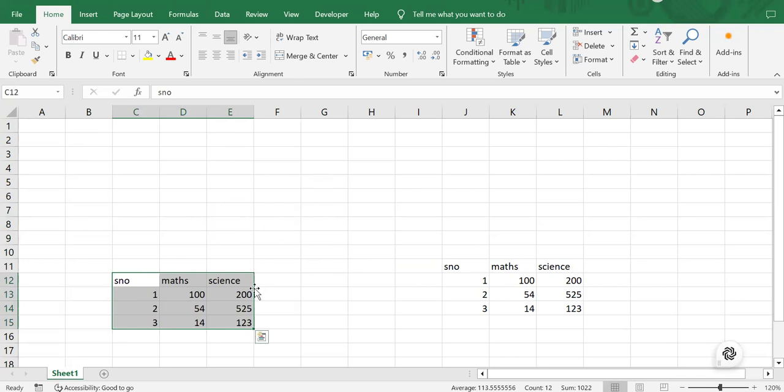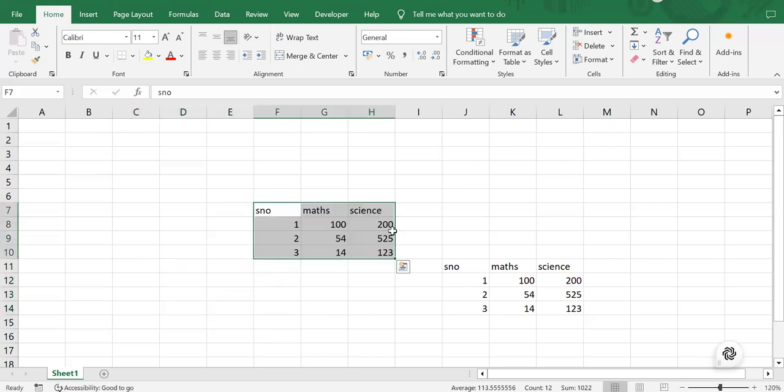So this is how we can move the content, like move the tables or content in the Excel, by using the drag option, by using Control plus X and Control V, and Control plus C and Control plus V. In these three formats we can use it. So what is the first format? Drag it,